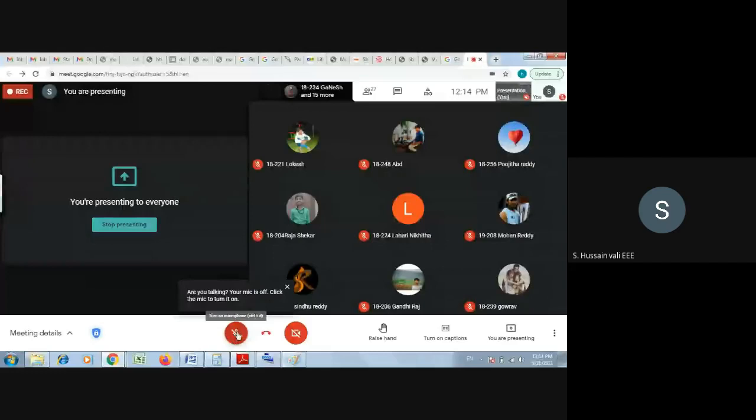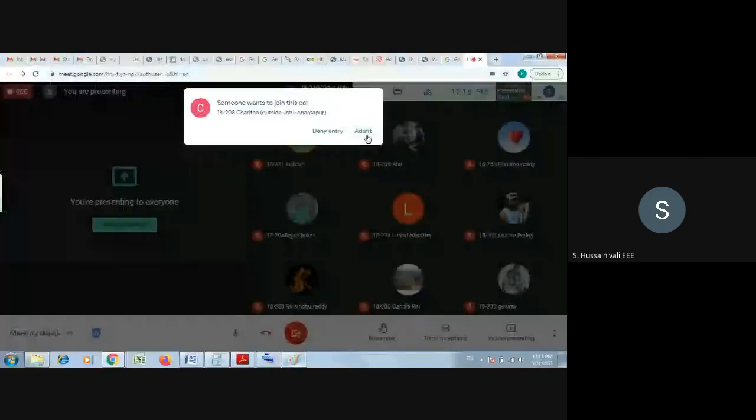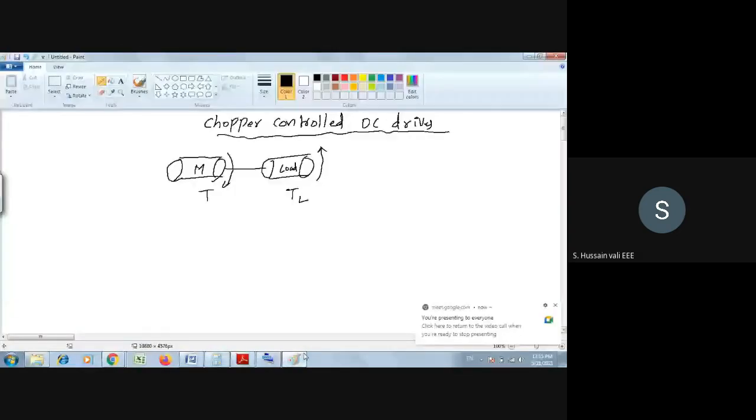So there is a motor, and the motor will develop some torque, which you call the electromagnetic torque. Every load has some torque, and it depends upon the type of load and what the load actually does. Based upon that, the load has some torque.